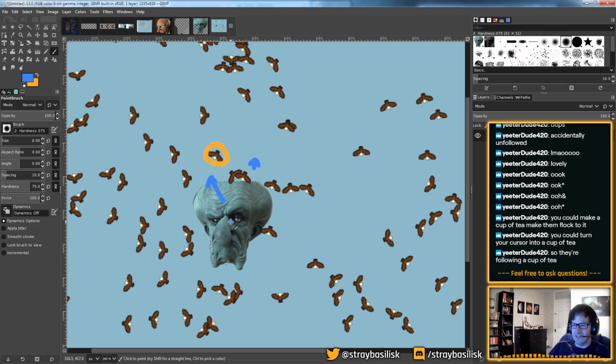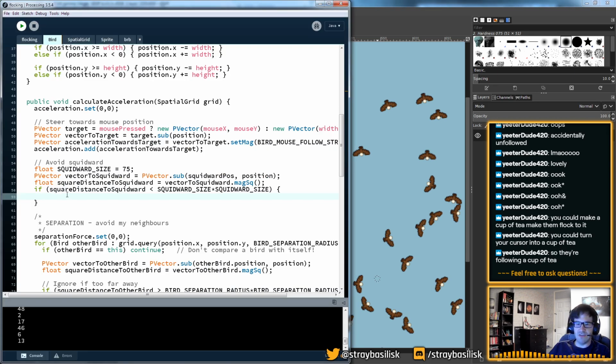So if our distance to him is 0, then we need to really go full speed away. If our distance is just on the edge, then less so. And that will cause them to generally swarm around him, hopefully, and hopefully we get a cool effect from that. So let's say